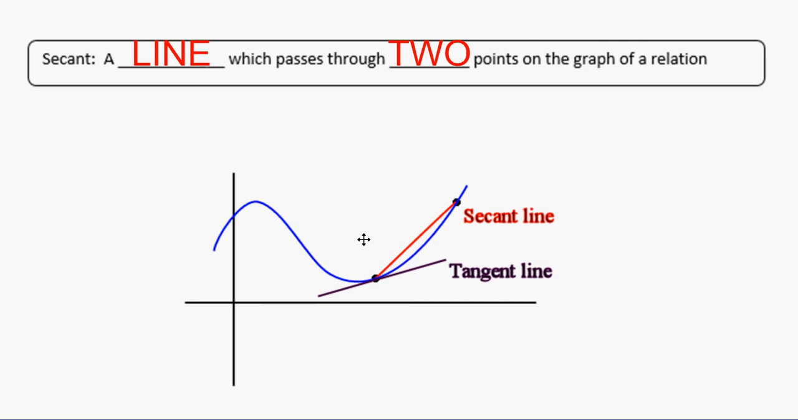Tangent, Mr. Wells, what's that? We'll learn about that one tomorrow. And then finally,